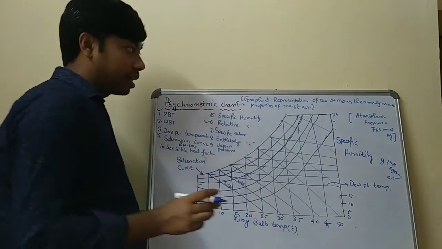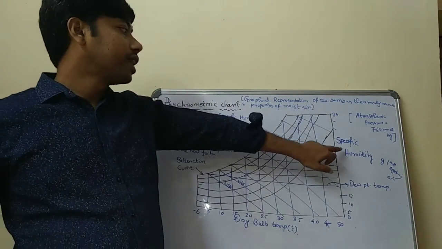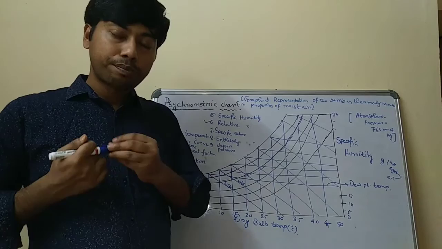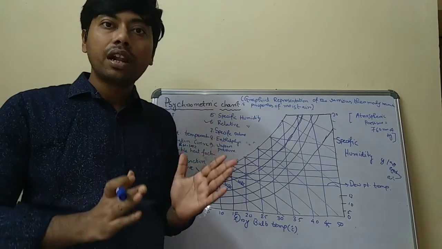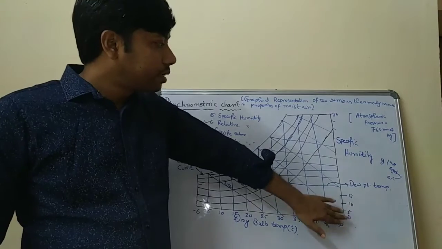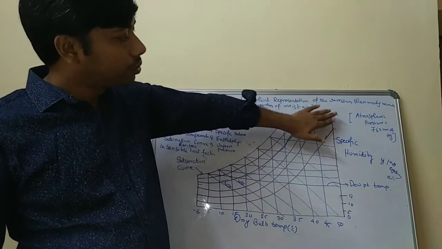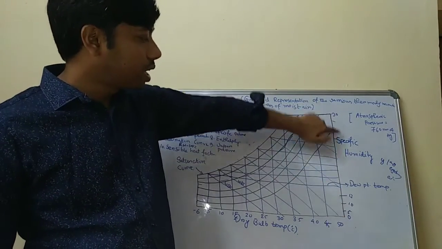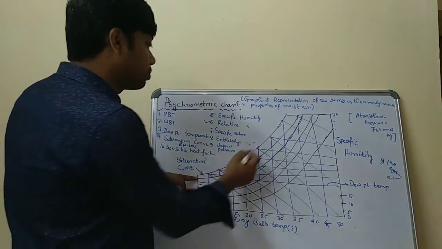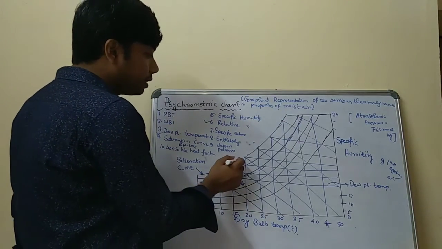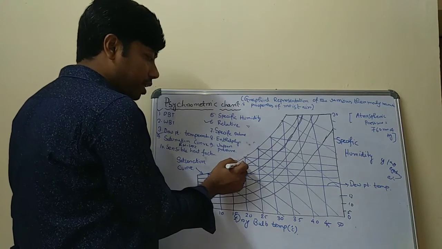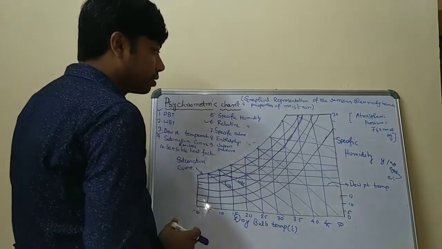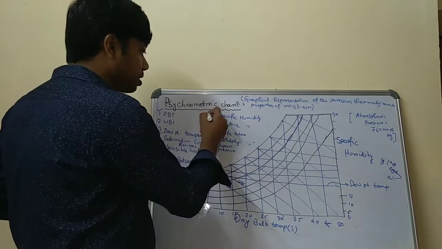So if the specific humidity is here, at 20, it indicates that per kg of dry air, only 20 gram of water vapor is present. You can take that value from the y-axis of this chart. So these are the specific humidity lines, these are the dry-bulb temperatures, and this is the saturation curve, which indicates relative humidity 100%. These are 90%, 80%, 70%, like this, so you can read relative humidity as well as specific humidity.